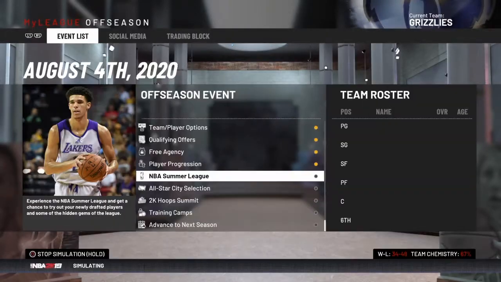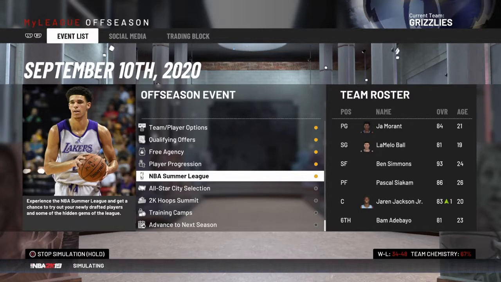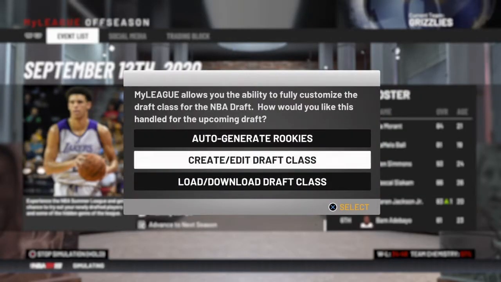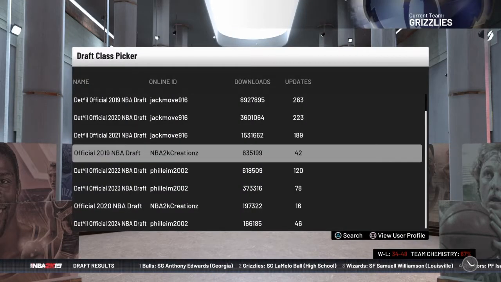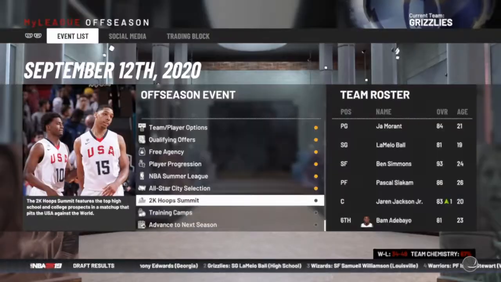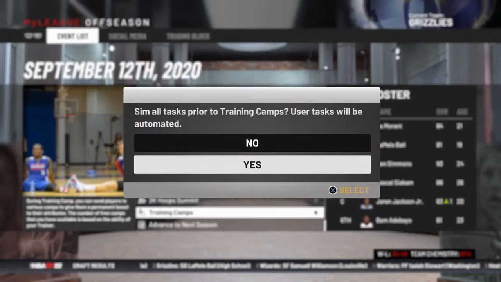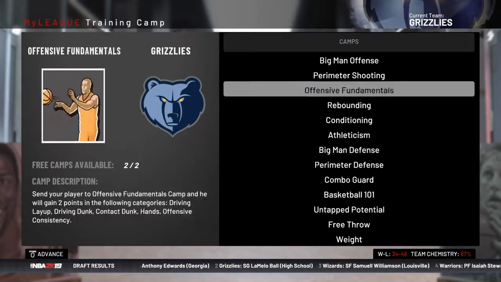Let's go to training camps. Hopefully we can get... I really don't know what they need. I know Ben Simmons needs perimeter shooting, but why am I going to send Ben Simmons to perimeter shooting? It's going to go from a 50 to like a 55. Let's just download the 2021 draft class, because that'll probably be the last year we do it. So let's go to training camps. I believe we have 2. Let's do